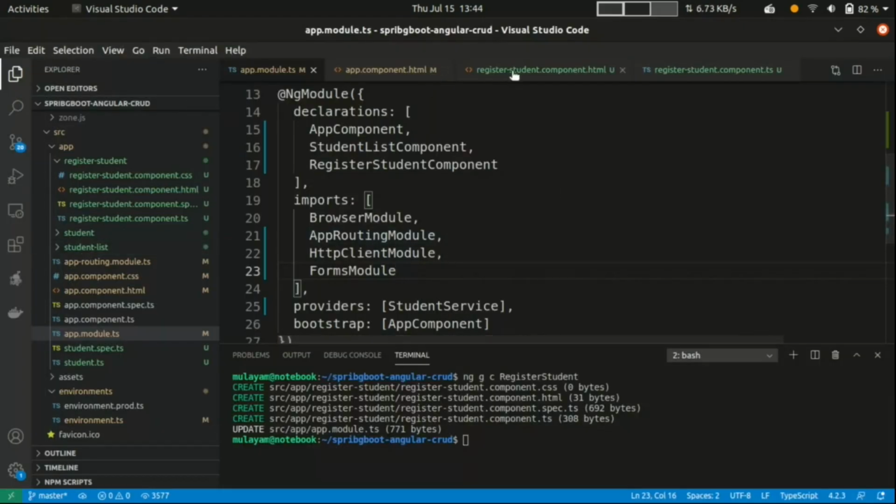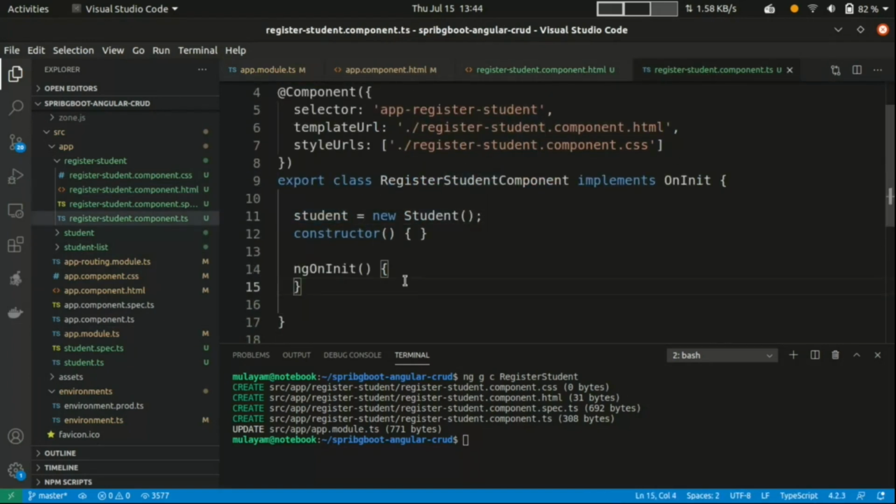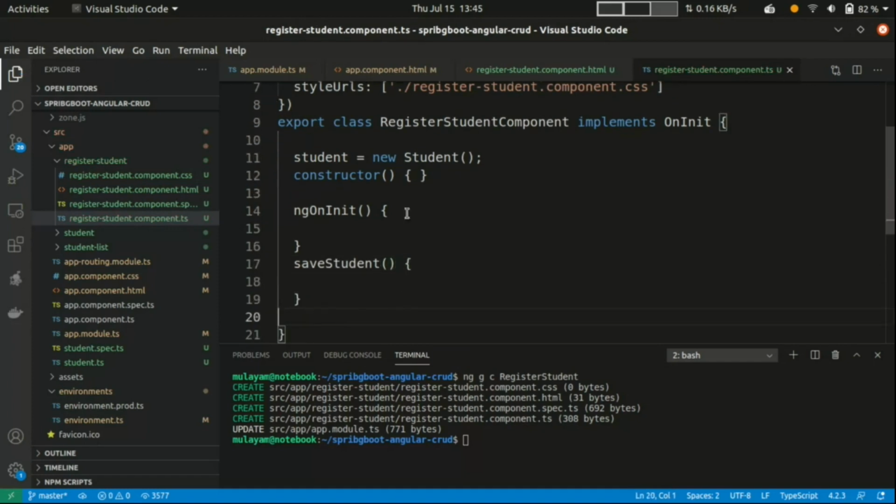Now when we enter the data, we can get the students here. Okay, so just write one function, saveStudent. In saveStudent, just inject the student service as we did in student list.